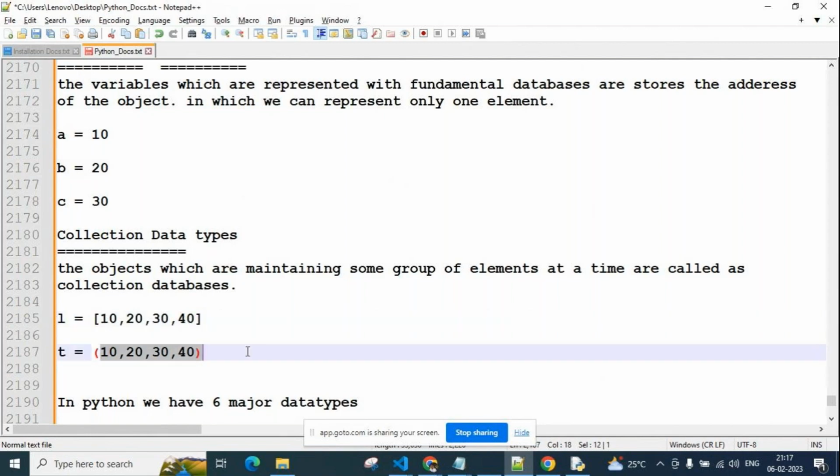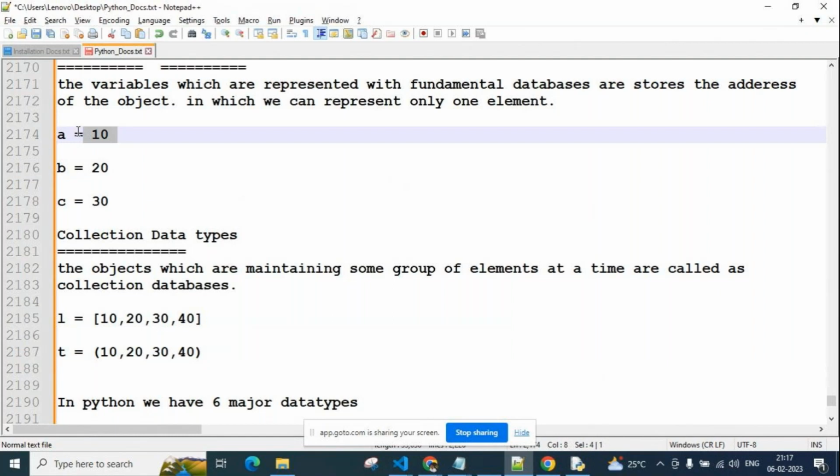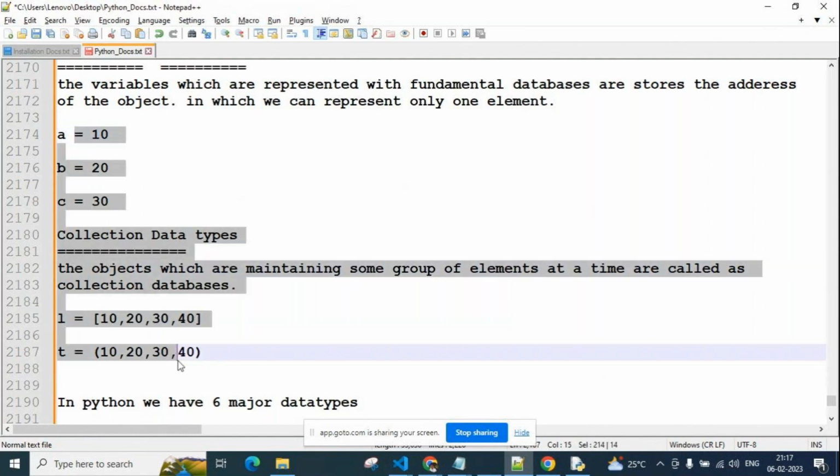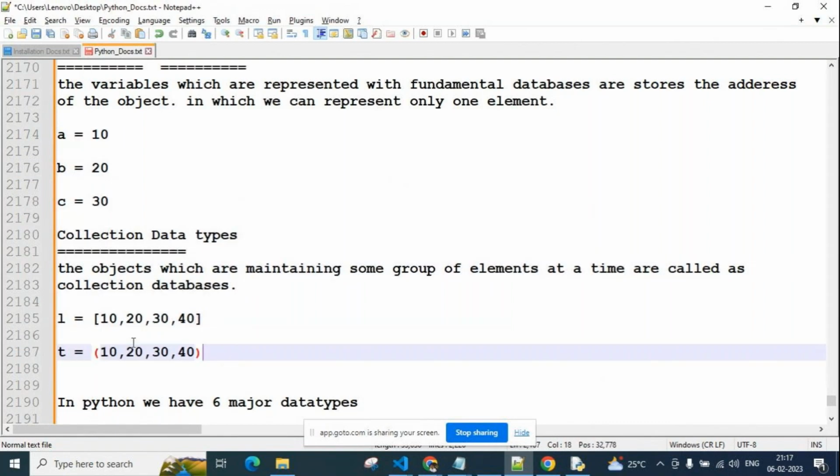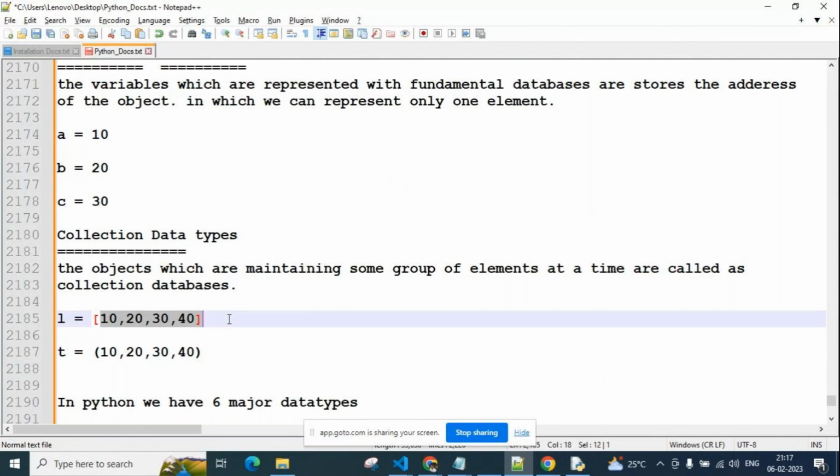Like this, majorly 6 types there, based on the object behavior. This is an object. Based on object or variable, anything, no problem, based on the variable behavior, we are dividing into 6 major types in Python.